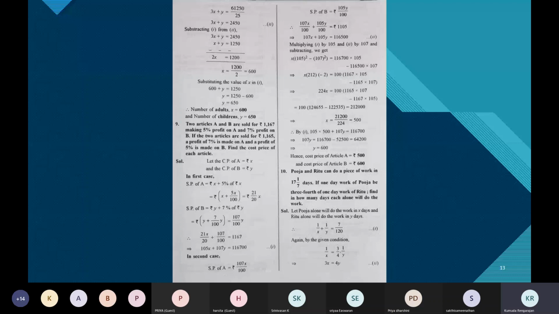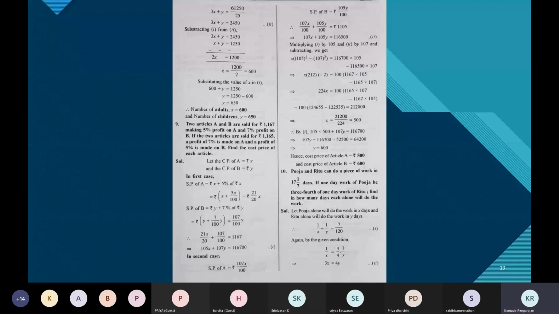What do you get on adding the two equations, children? x plus y is equal to 1100. 1100, ma'am. When you subtract the two equations, we get minus 2x plus 2y is equal to 200. Or as somebody said, when you divide by 2 throughout, minus x plus y is equal to 100.